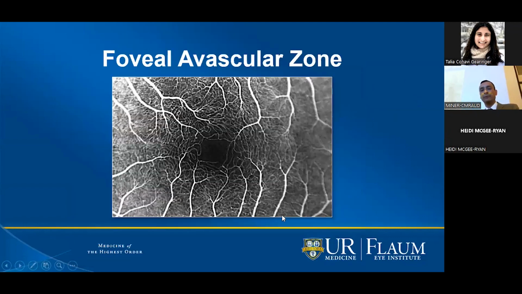And if you zoom into the fovea, you can see the beautiful network of capillaries. And this kind of detail, there's no way you can get that clinically just by a simple exam, and hence the angiogram becomes a crucial diagnostic test. Again, these days we can do the same thing with an OCTA without injecting the dye and all